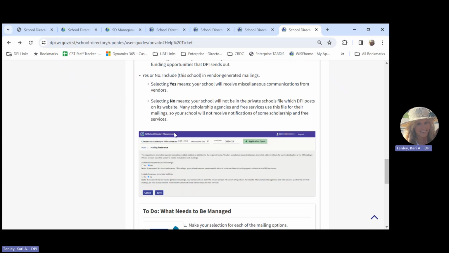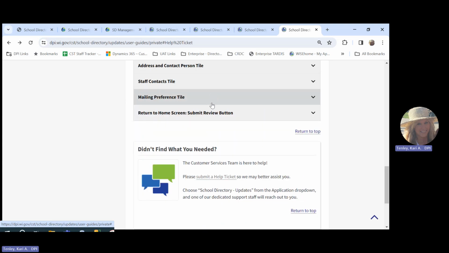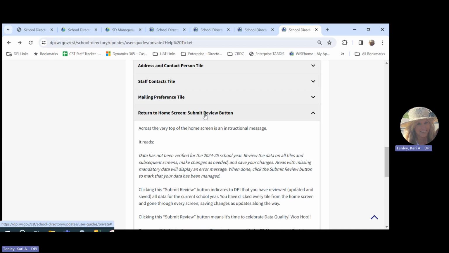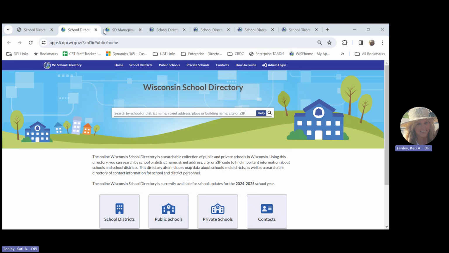So that's one of the reasons why the user guides are using the accordions, because I went down to that data element level of each part. Each element of the user guide is spelled out because it's so brand new, and I wanted to make sure that all of your bases were covered, and that does make it feel a bit overwhelming. But I think once you get in, it's not going to be that bad. Once you get through all of your tiles, you've updated everything, you've followed your checklists, you're going to go back to that home screen, and that's how Carrie was demonstrating that when you're in the